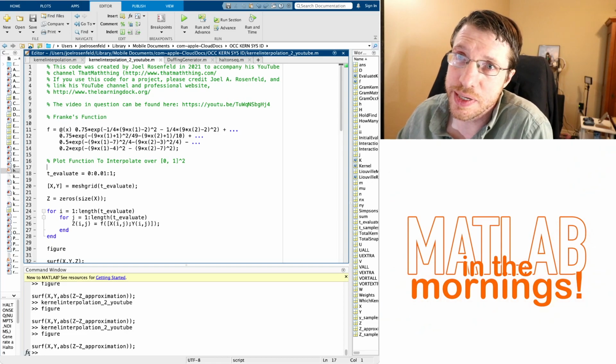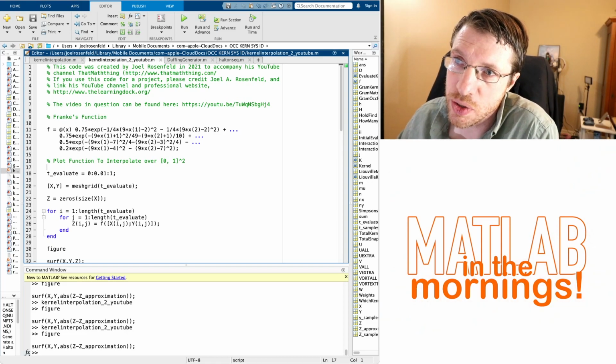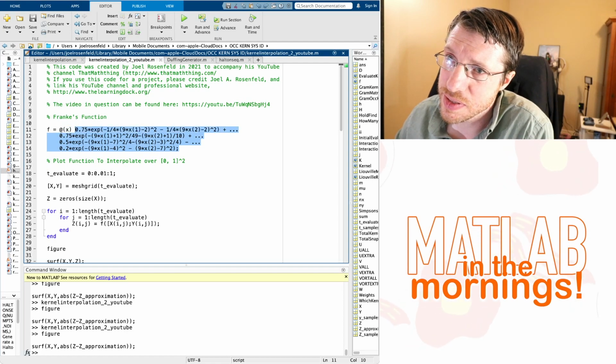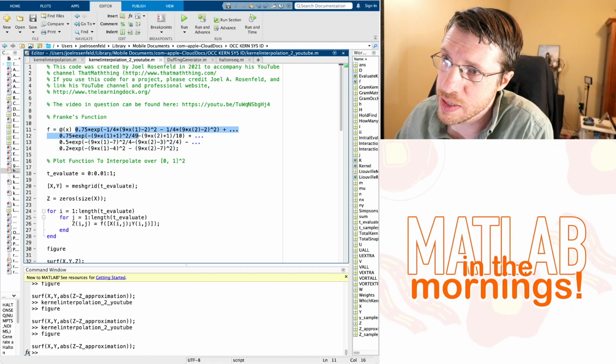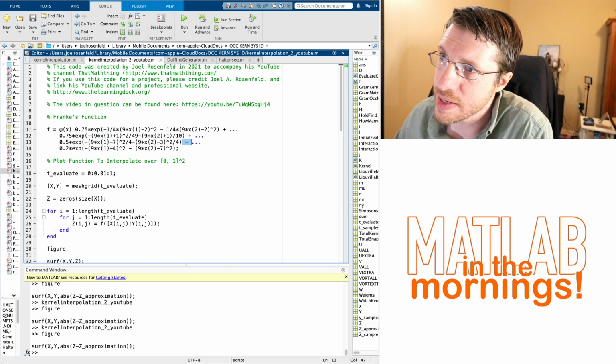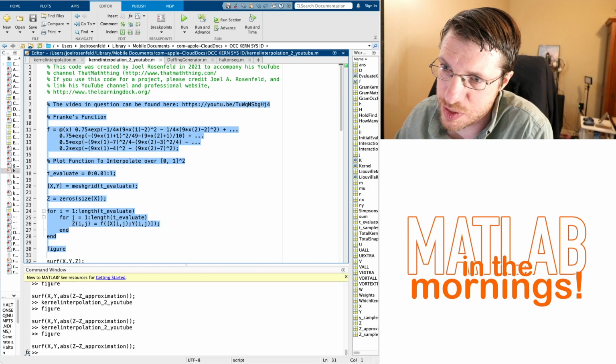So I did a little bit of legwork here, and I went ahead and coded up Franke's function just because it's kind of tedious to do, and I didn't want to spend the whole lecture just coding this up. It's 4 different Gaussians, and you have one Gaussian that is positive. It has a 0.75 here. We have another Gaussian that is sort of in the normal direction, and then the last one ends up being a minus sign. And if we go ahead and plot this,